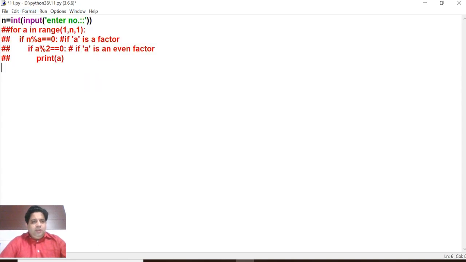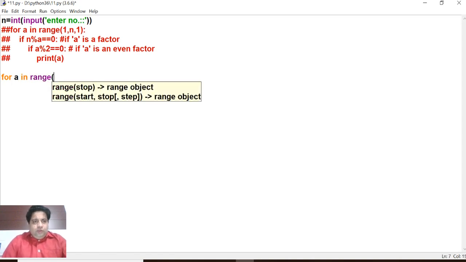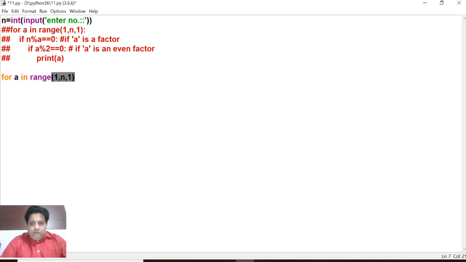Now these lines have been made as comment. Now the second method, for a in range, you can note down both the logics because it will help you further. 1 comma n comma 1, if n mod a equal to 0, now you can combine conditions using and also.